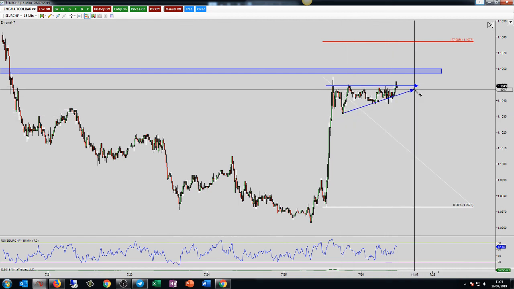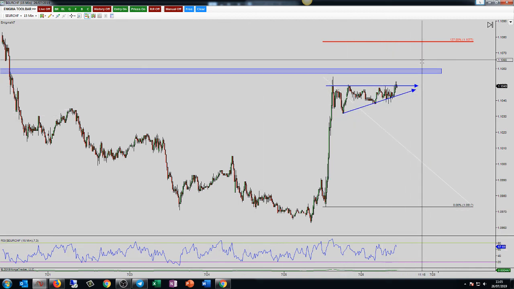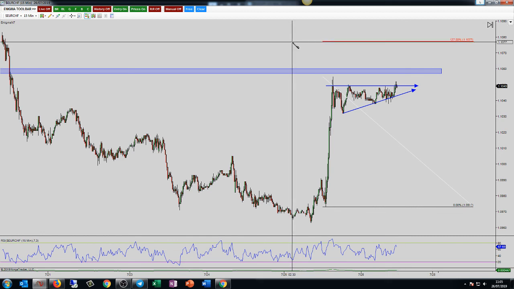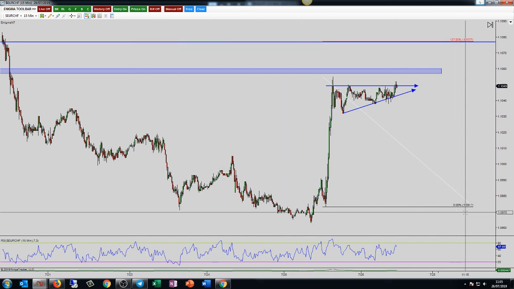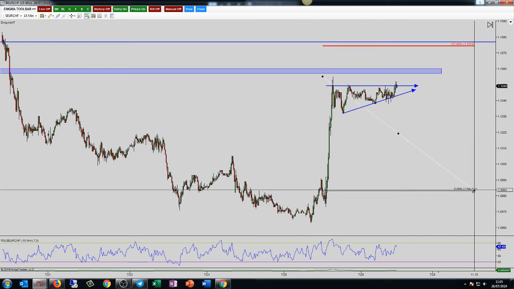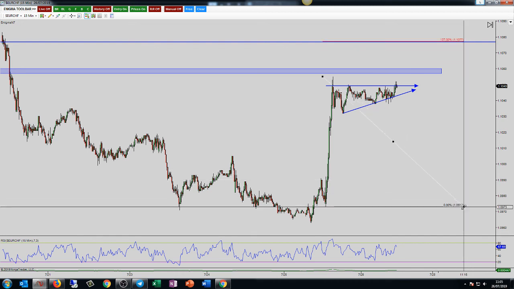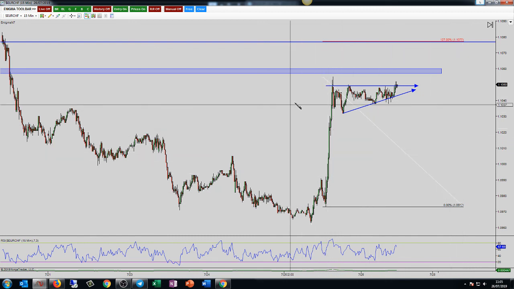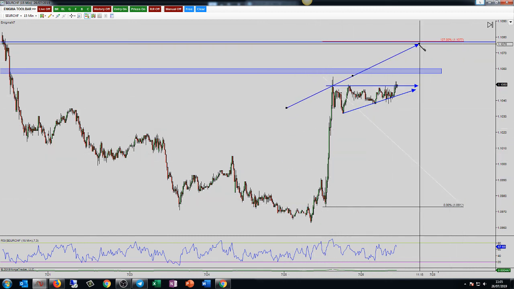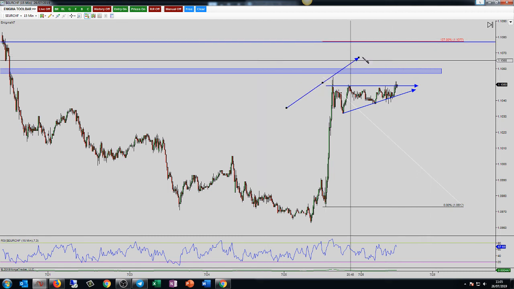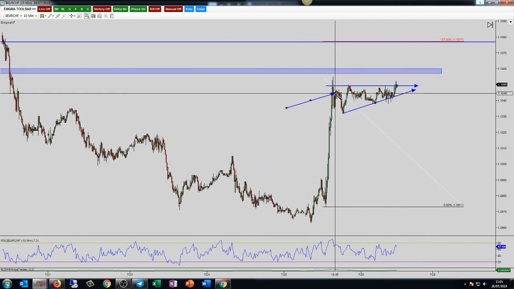This is the triangle right here. So here's the 127 right now. I'm going to put a structure level on just here. And if this pole was smaller, the targets reduce. So it's great when we have big news events coming up, and we have multiple news events throughout the month. We had the ECB the other day, which caused this pole. The great thing about it is that the longer the pole, the further back the target is, and that does wonders for your reward to risk.